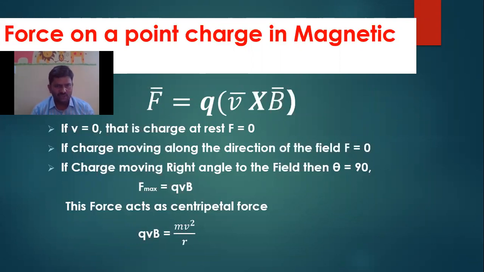We need to understand this force. That means the force experienced by a moving charge in magnetic field is perpendicular to both its velocity as well as magnetic field. This equation indicates V bar cross B bar, the direction of V bar cross B bar is perpendicular to both V bar and B bar. Okay, to understand this, we'll see a simulation. Using a simulation, we will try to understand this. Let us see that.